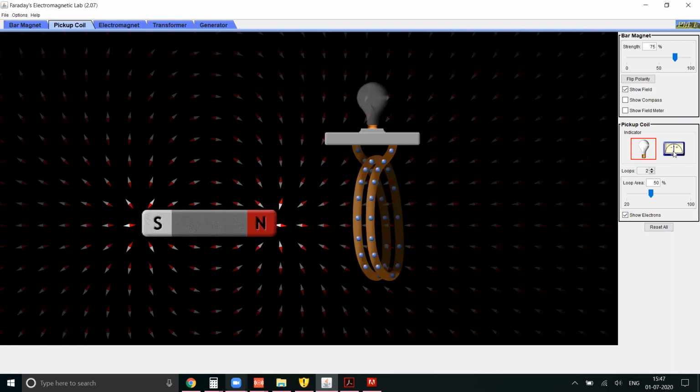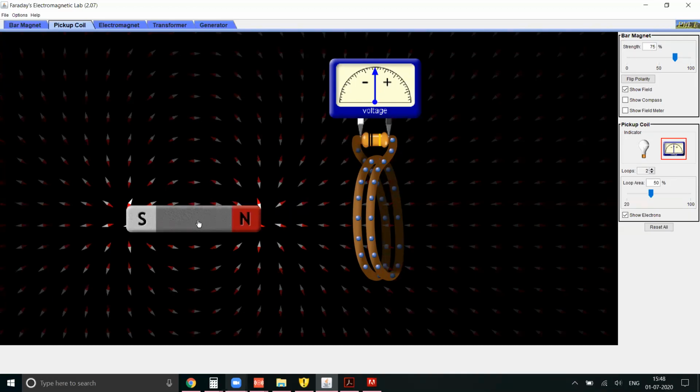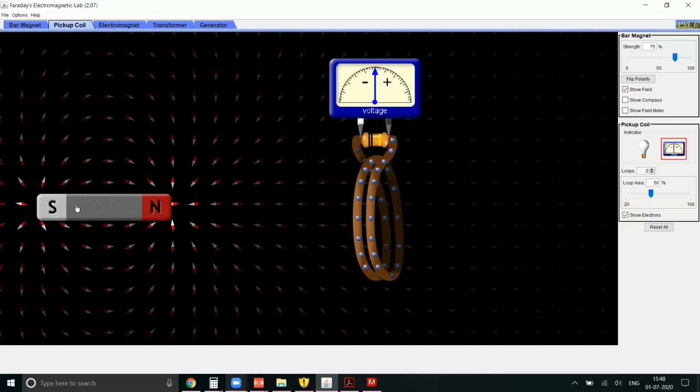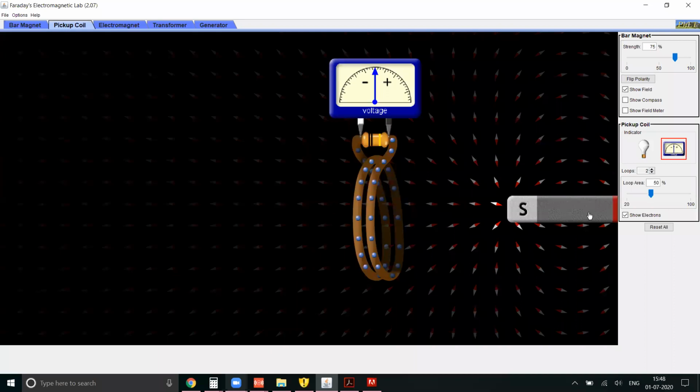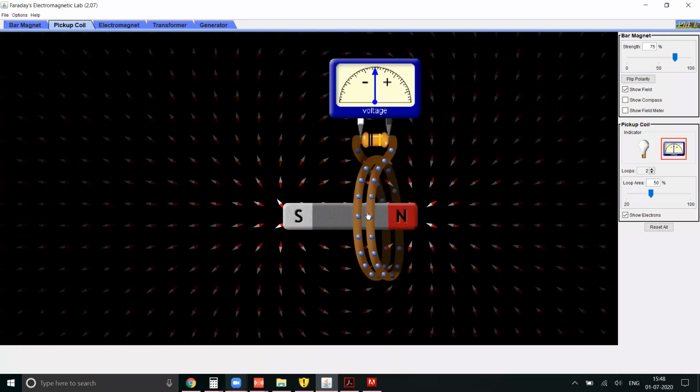So if you want to see how a galvanometer works, this is how a galvanometer is. It is at the center. Somebody asked me, why do we reverse the polarities and all those things? Now observe one thing clearly. When I'm moving the magnet close to the conductor, observe the deflection of the galvanometer. Which side did it turn? I'm doing it again. Observe. It is actually a very fast process. Which direction? Did you observe, when I move the magnet close to the coil, in which direction did the galvanometer show the deflection?